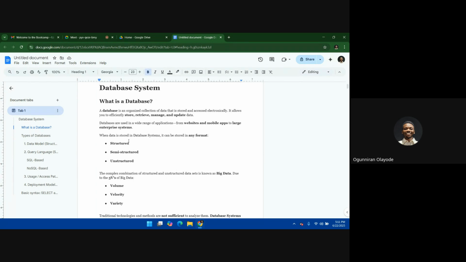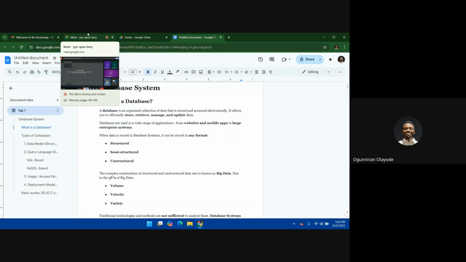So that is the peak of it currently now, which is cloud. We have several databases on cloud whereby people store their data. One of the advantages of cloud is that it is scalable. What I mean by scalable is that, if you are storing your data, for